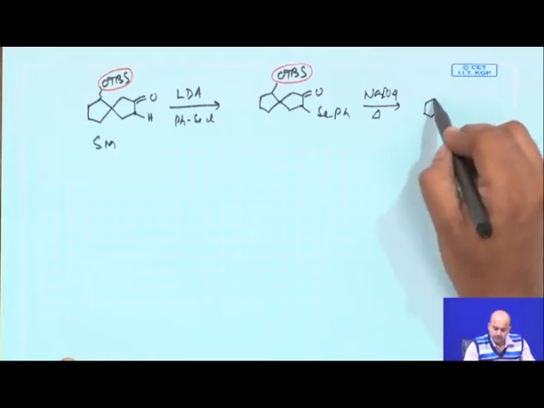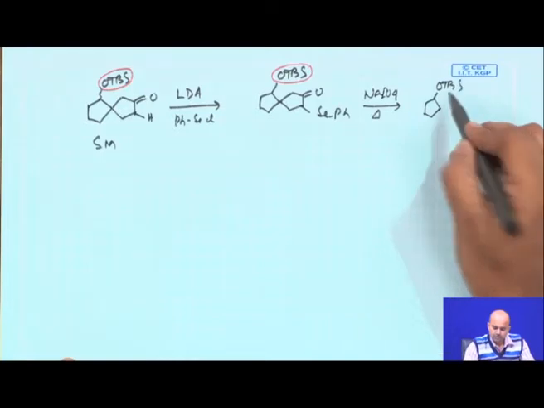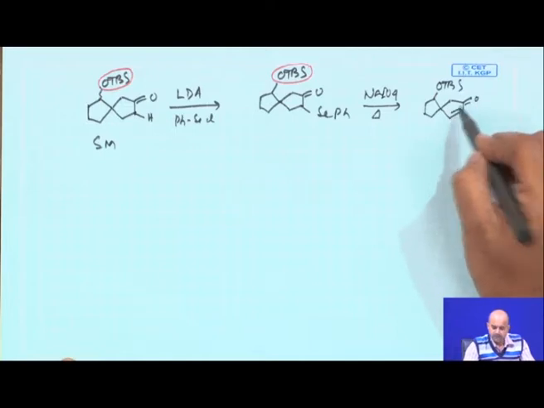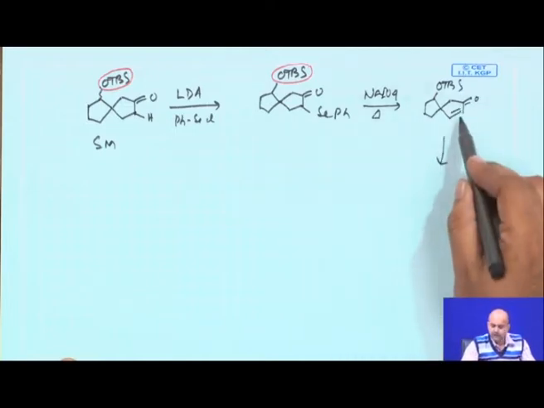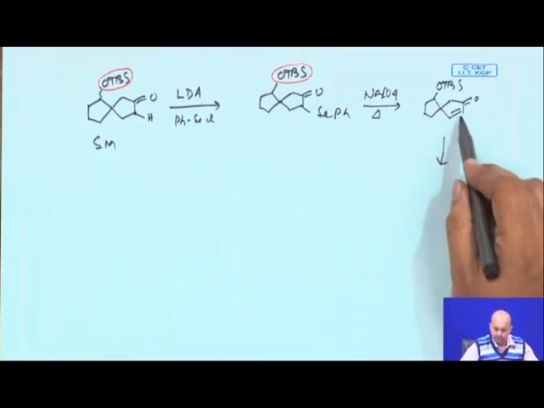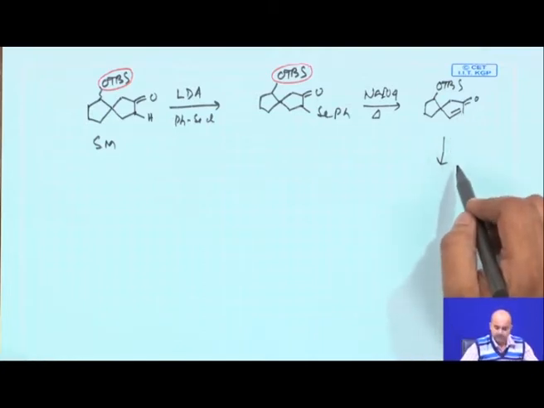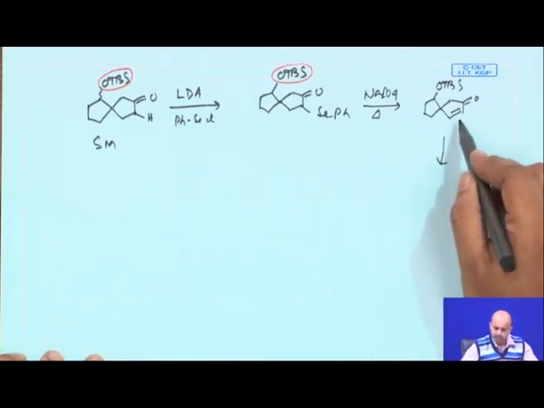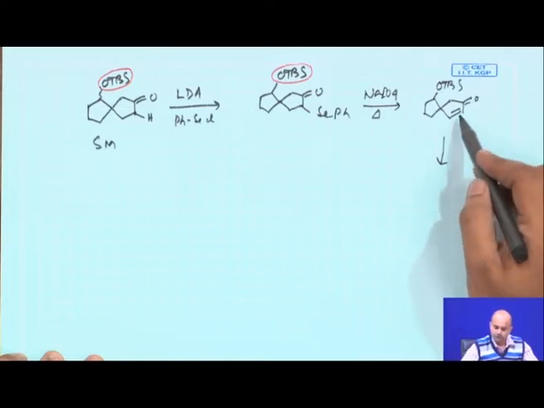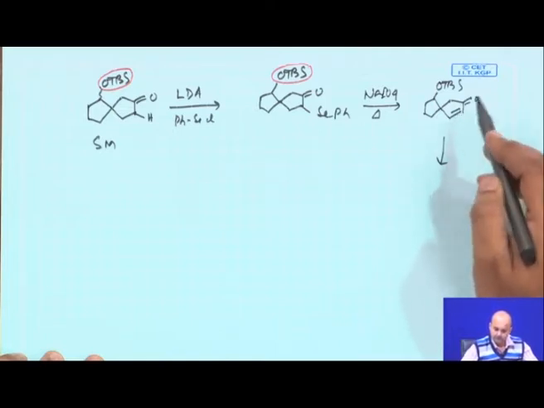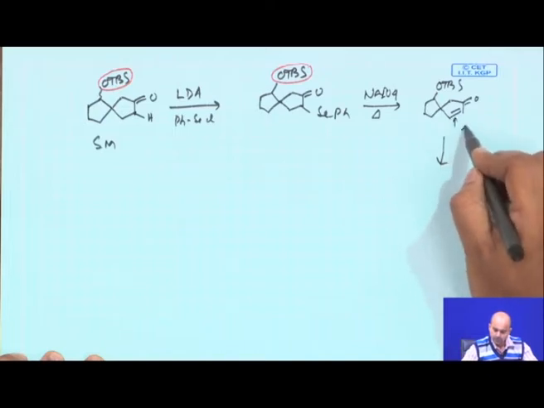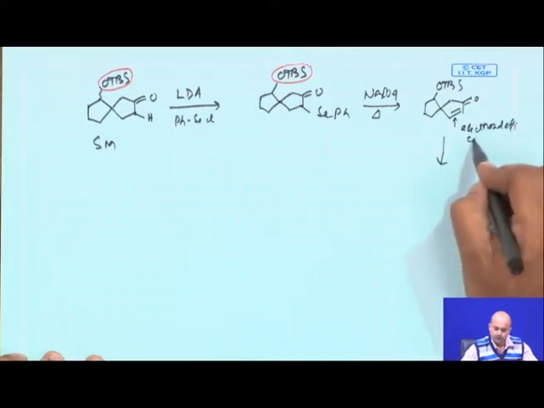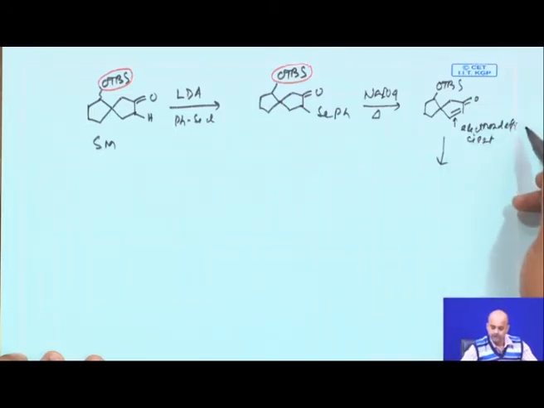and basically end up with OTBS and this. Now, you have already created an alpha beta unsaturated carbonyl, and in your target you now need to introduce an epoxy appendage. Now, as I say, you cannot use mCPBA, because this double bond is already electron deficient, and mCPBA is also an electron deficient oxidizing agent.